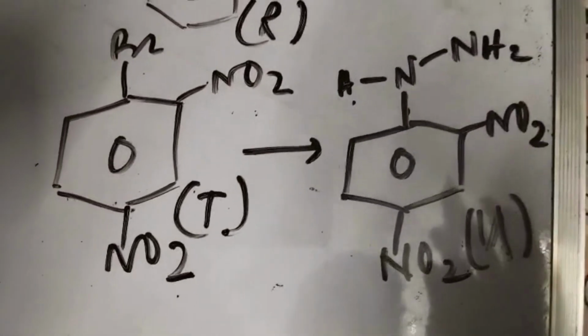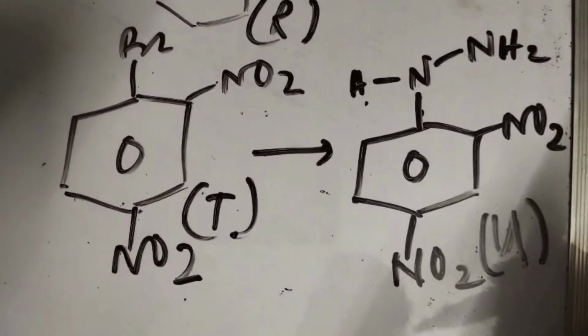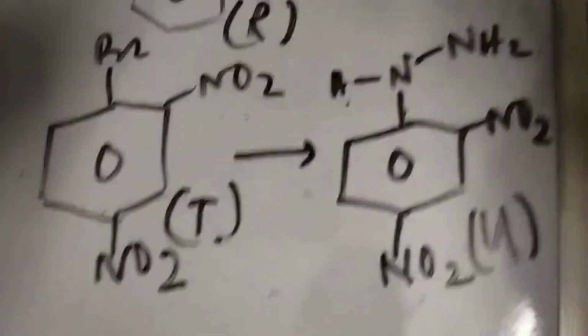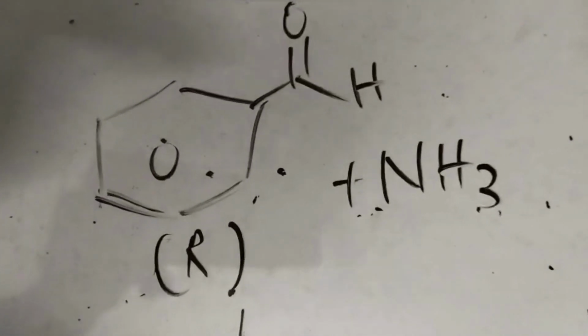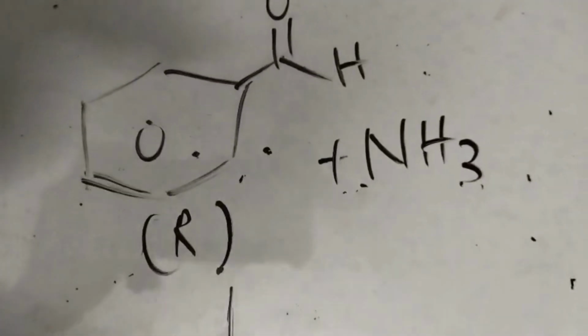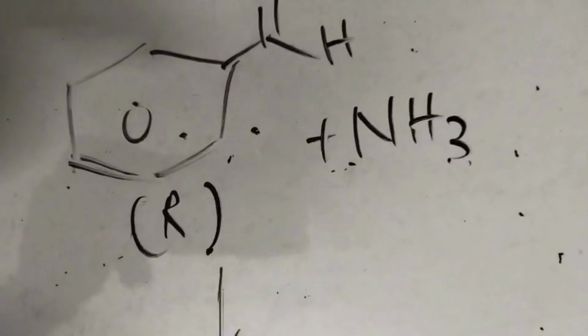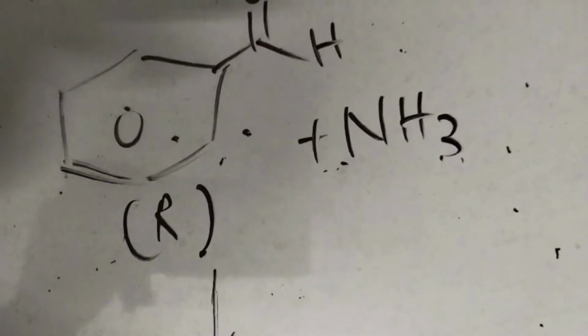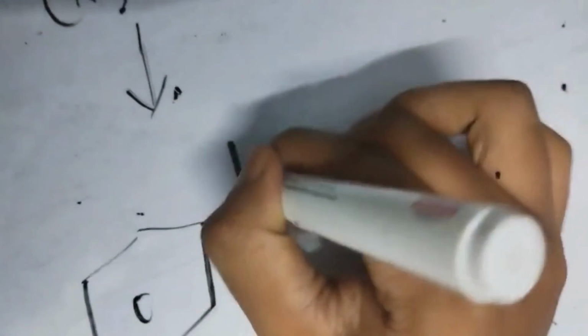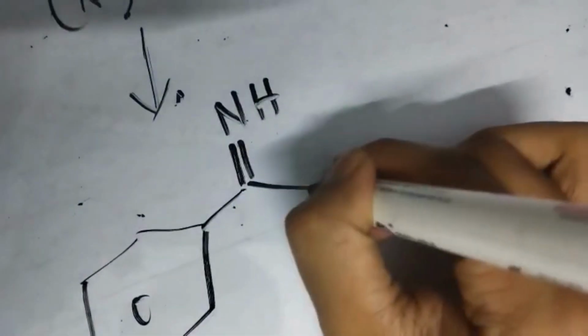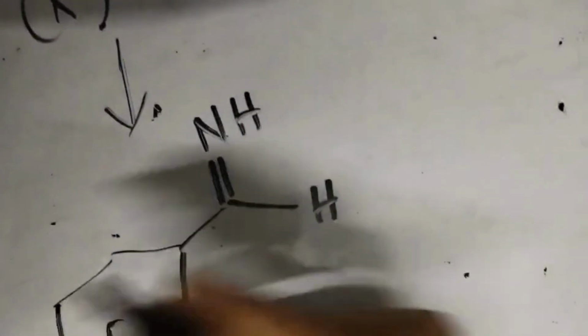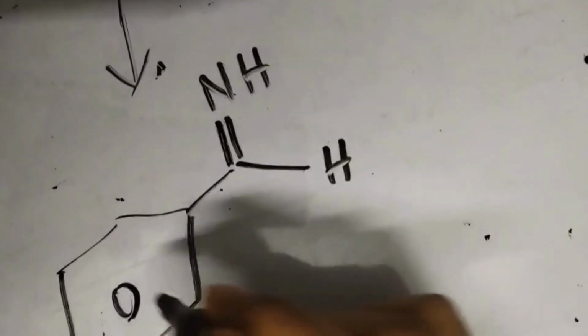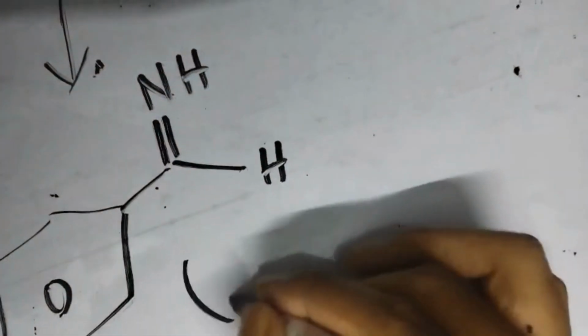So this was the solving of the subparts that have been given, the reactions, and now we are moving on to the questions that have been asked. Now to proceed with the first question, we are reacting 3 moles of R, that is benzaldehyde, with ammonia. This is also a standard reaction of condensation of benzaldehyde with ammonia, and in the first step we get the normal kind of condensation, and rather two of these molecules further react with another mole of benzaldehyde, which is something like